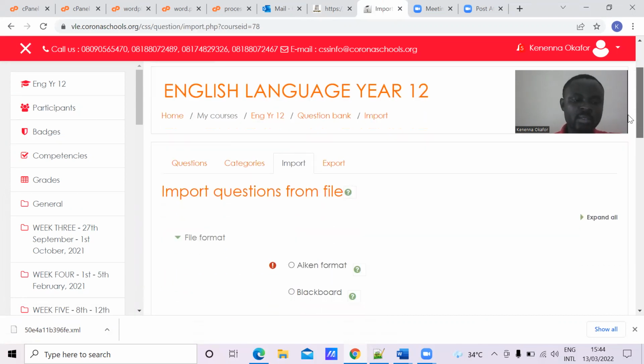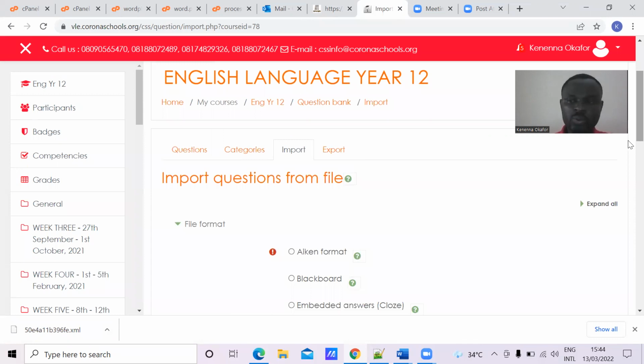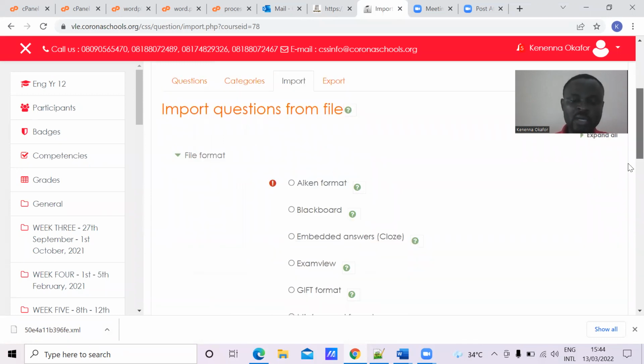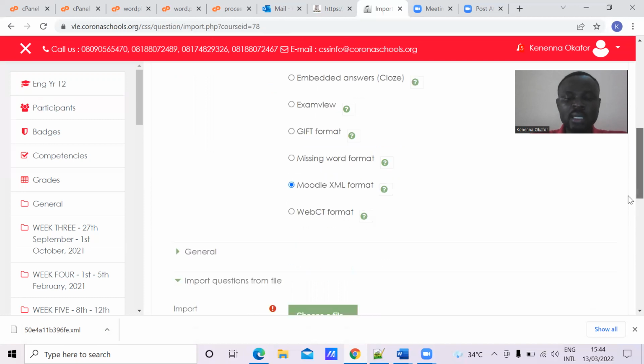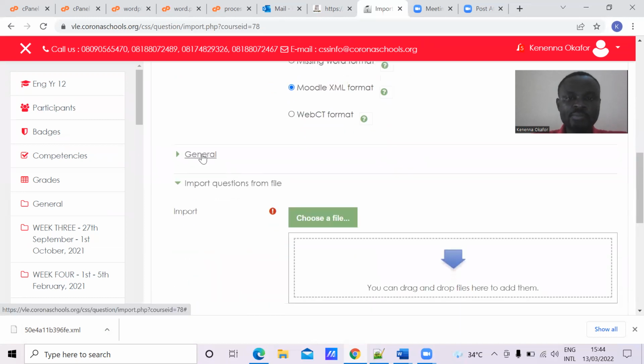Great. So I'm going to scroll down and please do ensure that you select the Moodle XML format because you know this is an XML file here, .xml. So select Moodle XML format and then general,